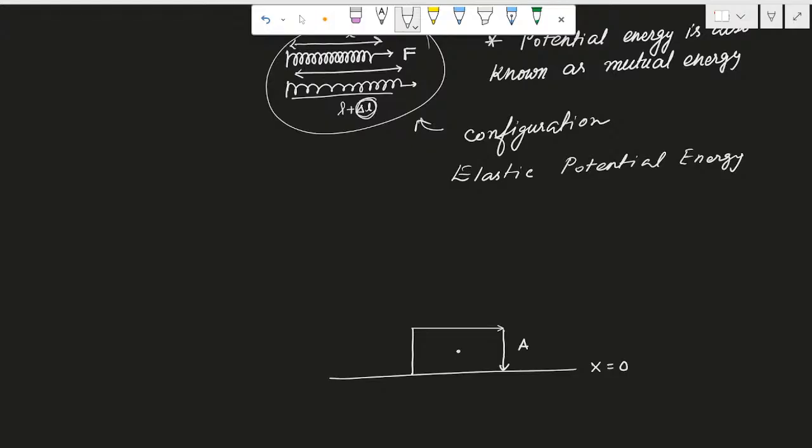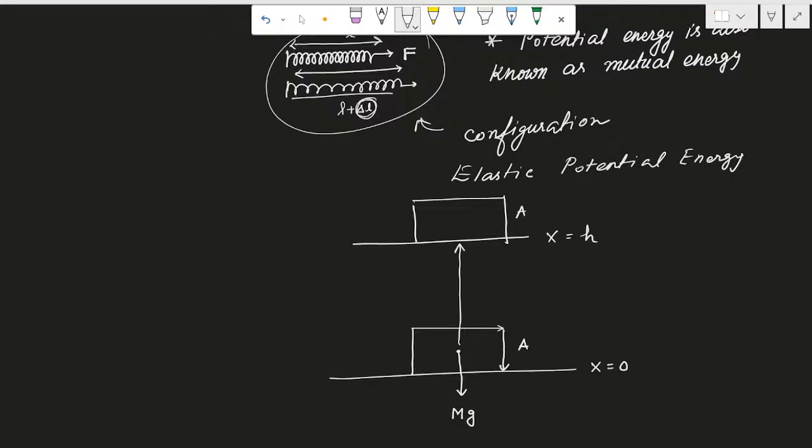Now the only force acting on it when it is lying on the ground is mg, if we consider m is the mass and g is the gravitational acceleration. Now we are lifting it up to a height x equal to h. This is the same object I took over here, so when you place it over here,